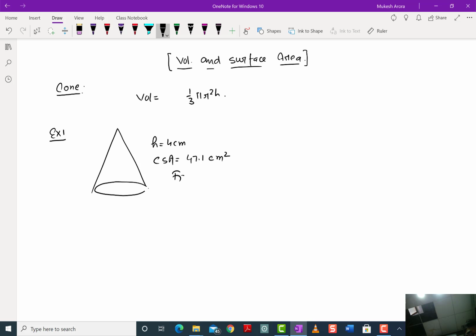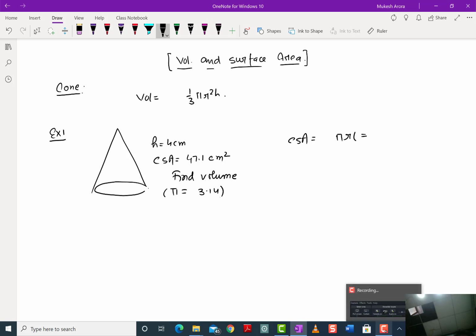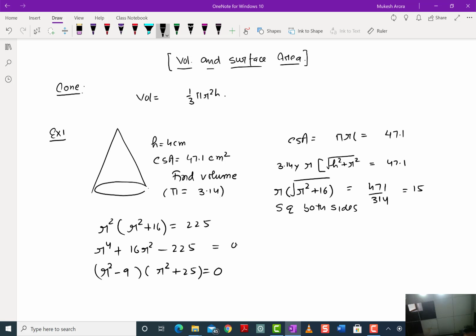Find the volume, and it is given in the question: take the value of pi as 3.14. So as we know that the curved surface area is equal to pi r l, so from here we will write r raised to the power 4 plus 25 r raised to the power 2 minus 9 r raised to the power 2 minus 225